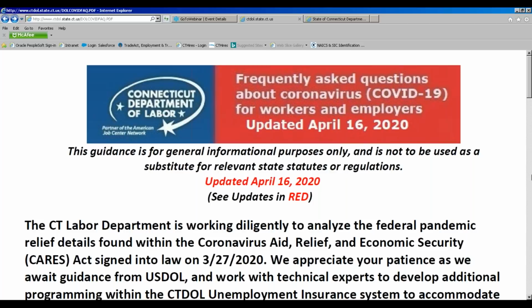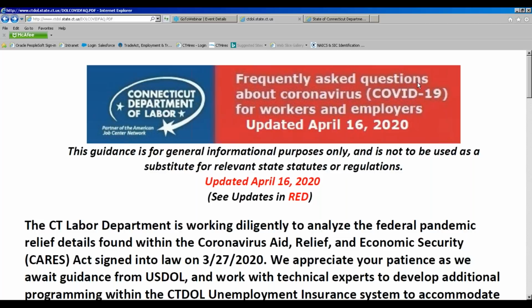Hopefully we were able to answer your questions. We understand your concern, and we appreciate your patience as far as everything that's going on. It is an unprecedented level of unemployment claims that have come to the agency, and the staff and all of us are working our hardest in order to get those claims processed and to answer any questions that you may have. So again, we appreciate your patience.